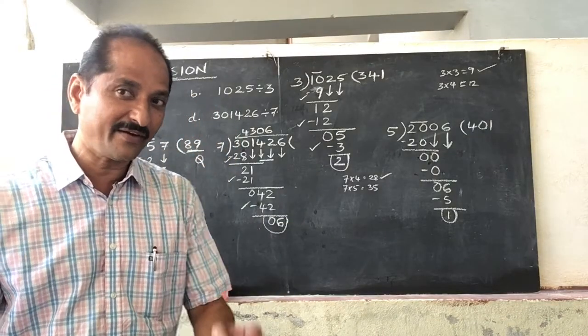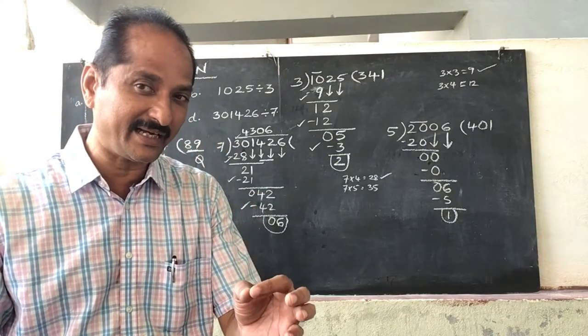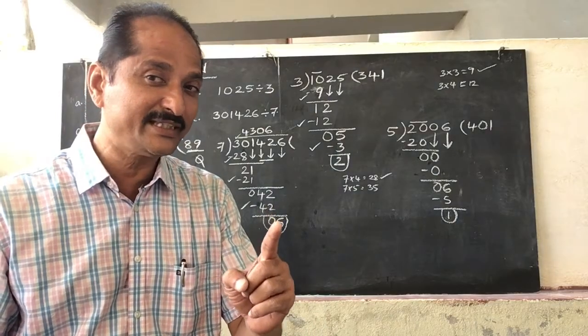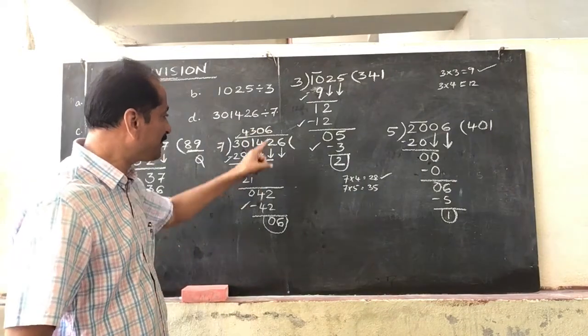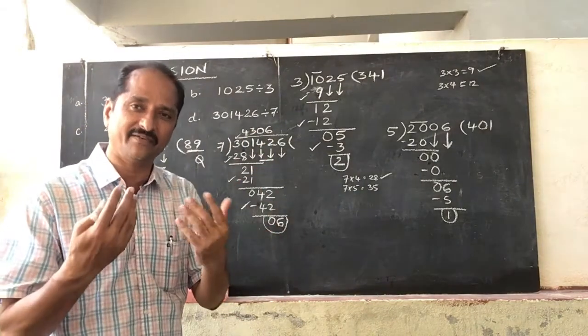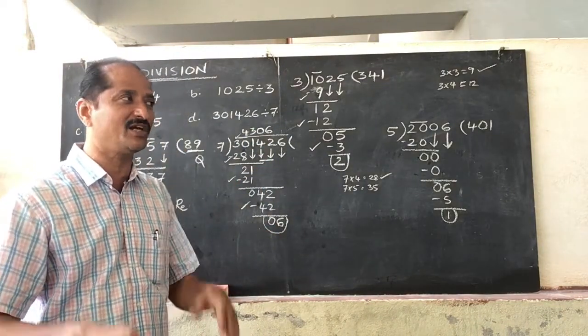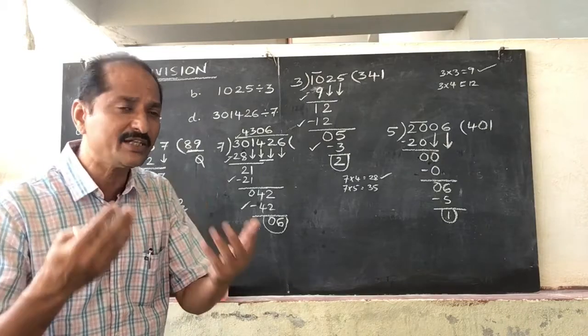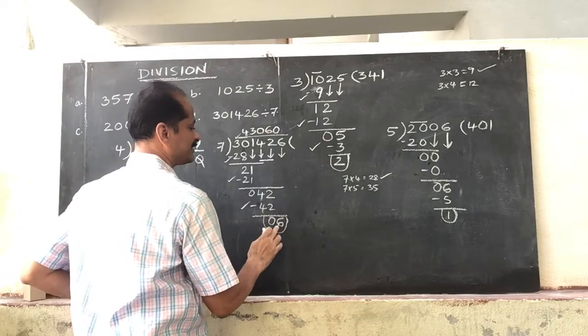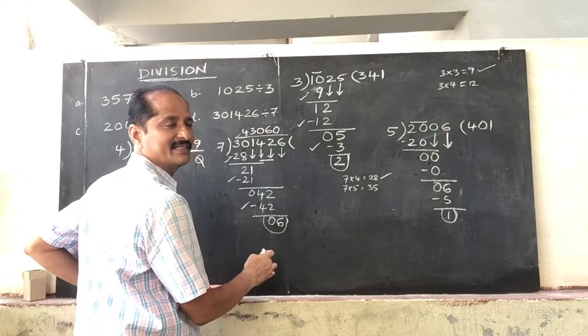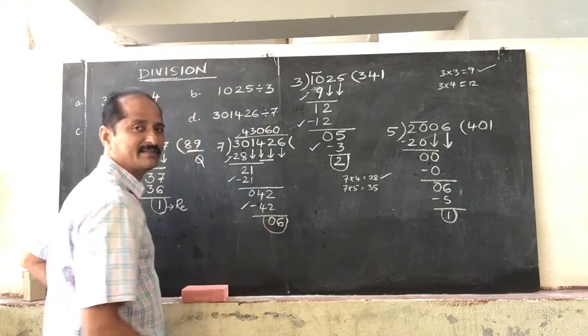But whenever we are saying that is a remainder, we should place 0 again in the quotient. Why? Because whenever we are bringing down 1 digit, we should divide it. If it is not divisible, we should divide it for 0 times. So 7 zeros are 0. 6 minus 0 again, you will get 6. So 6 will be the remainder.